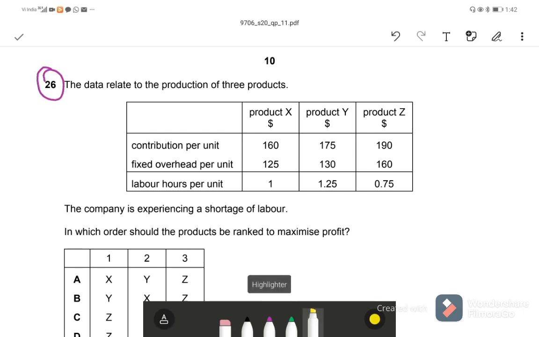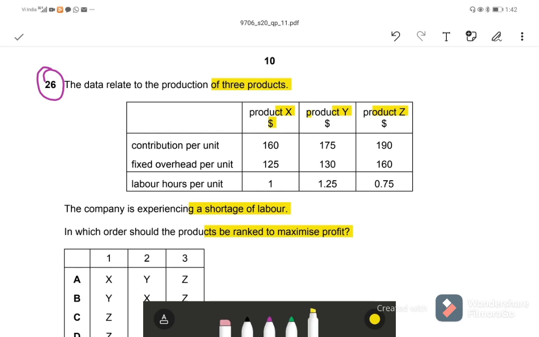The data relate to three products X, Y, Z. The company is experiencing a shortage of labor. In which order should the products rank to maximize profit? Products will be ranked based on the contribution per unit and the shortage of labor. How much labor is required to produce one unit? So here